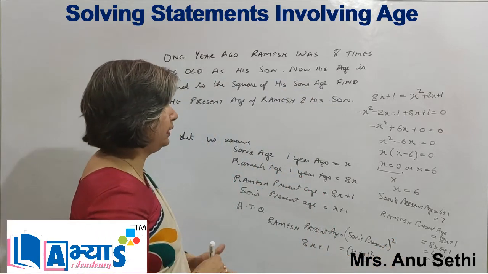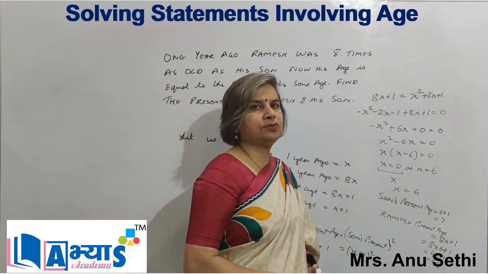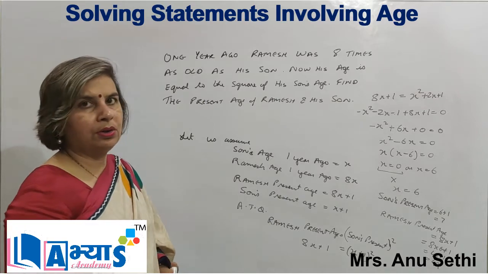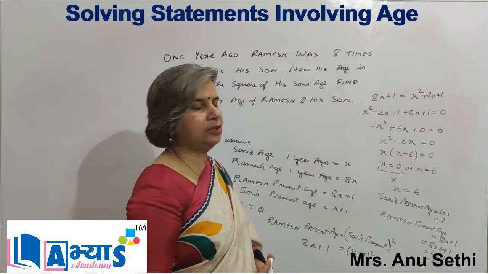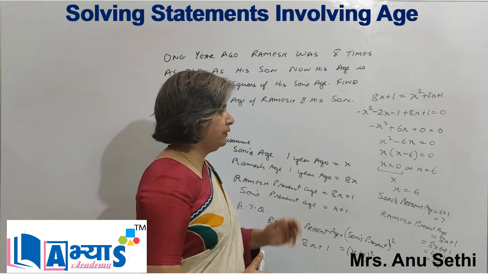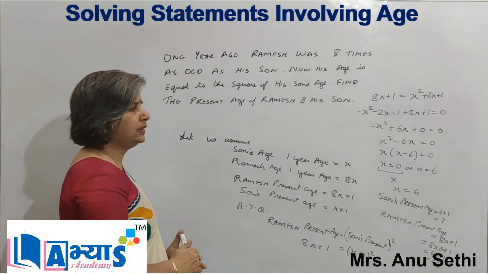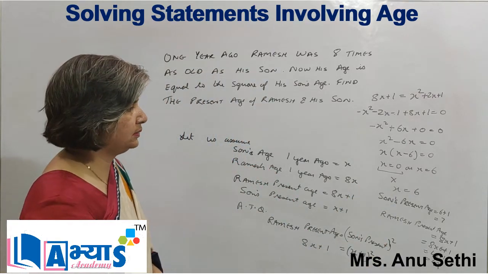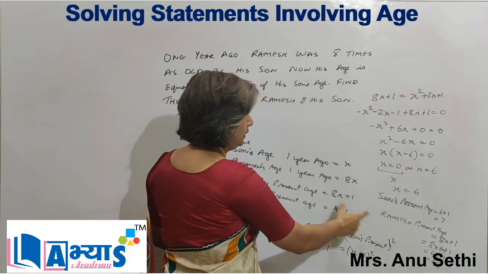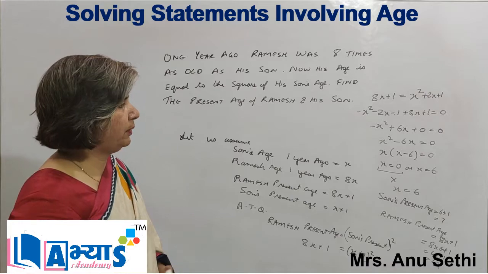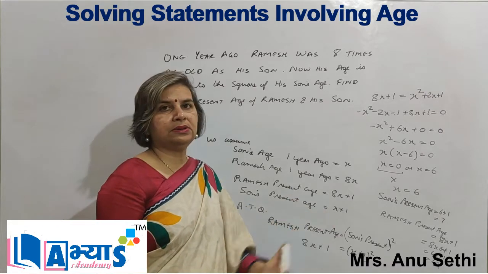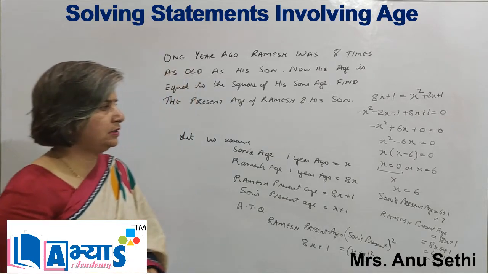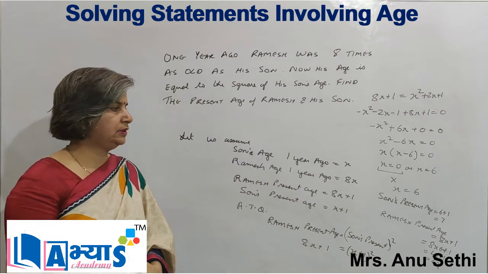Then I will try to simplify, or I can say 8x plus 1 is equal to x square plus 2x plus 1. On further simplifying, I get either x is equal to 0 or x is equal to 6. Because x is the age of a person, it cannot be 0. So x is equal to 6. Hence the son's age 1 year ago was 6. So now the son's present age is 7 and Ramesh's present age is 8x plus 1, that is 49. If we apply the relationship of their present ages, the answer is justified because 49 is the square of 7. So the son's present age is 7 years and Ramesh's present age is 49.